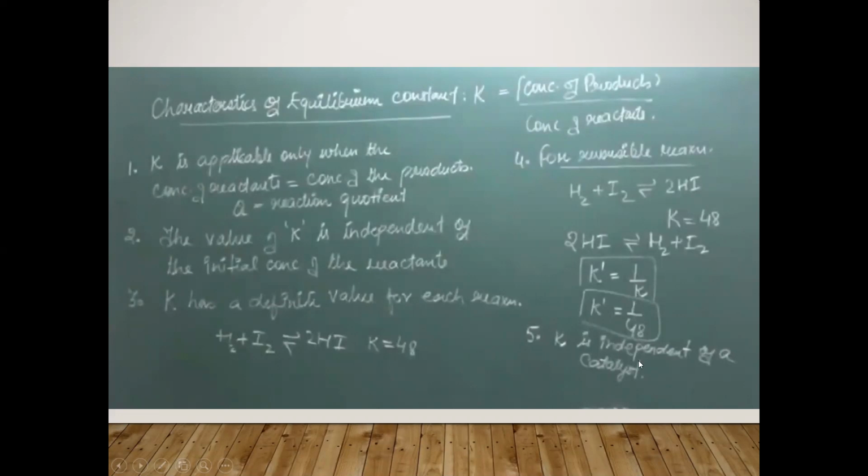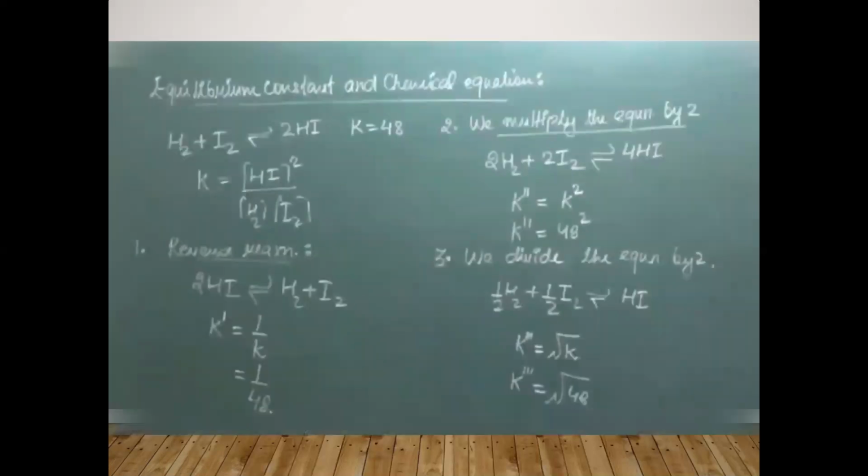Clear? K is independent of a catalyst, meaning the catalyst can increase the speed of the reaction, but K पर उसका कोई effect नहीं होता, because K is what? Equilibrium constant. Equilibrium कितनी जल्दी आया या कितनी देर से आया, उससे कोई फर्क नहीं पड़ता. तो catalyst can decide only the time of the equilibrium, but value of K पर उसका कोई effect नहीं होता. So what I have told you is that K can be changed only with the change of temperature. K के ऊपर अगर कोई change आएगा तो वो किसका आएगा? सिर्फ temperature का, और किसी भी चीज का कोई effect equilibrium constant यानी K के ऊपर नहीं होता.